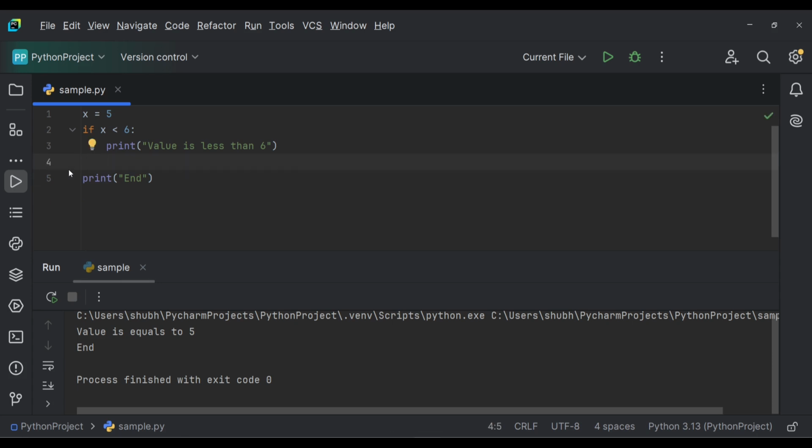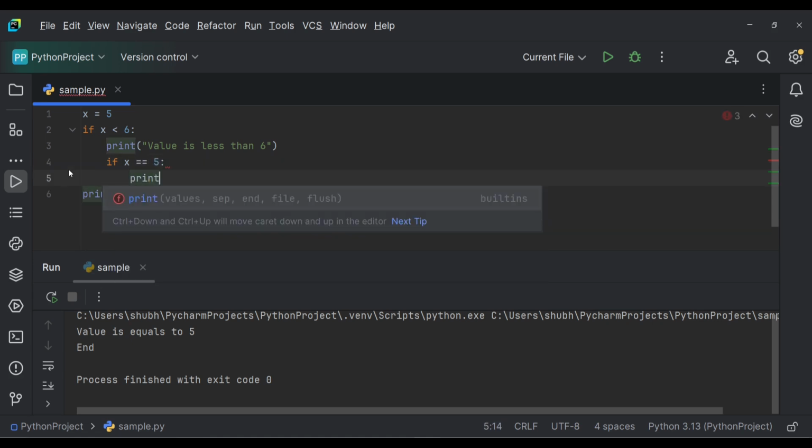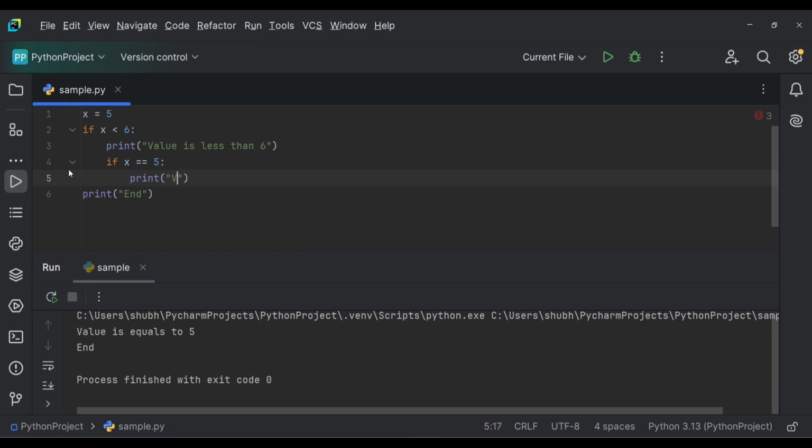Now we can again add an if else block. So here if I write if x equals 5, print value is equals to 5,